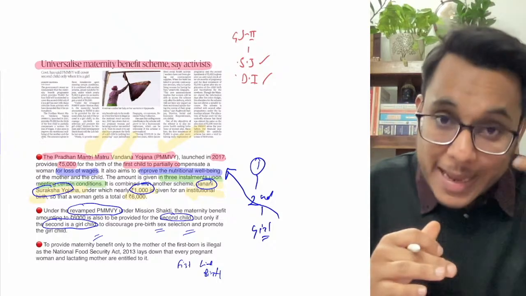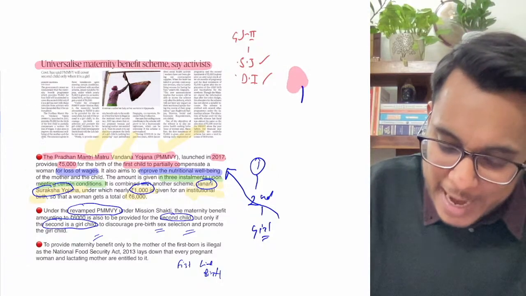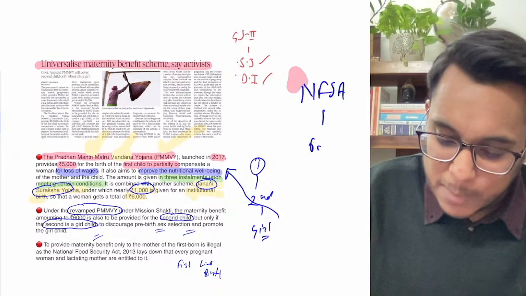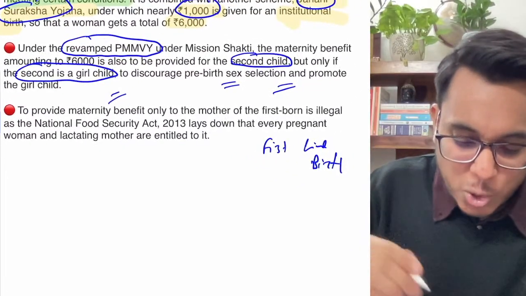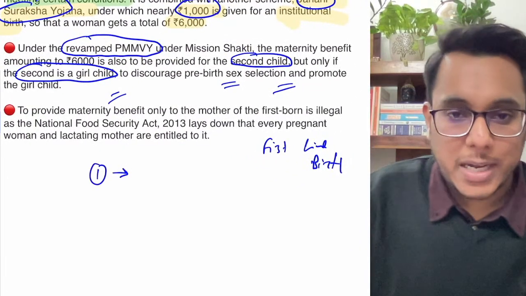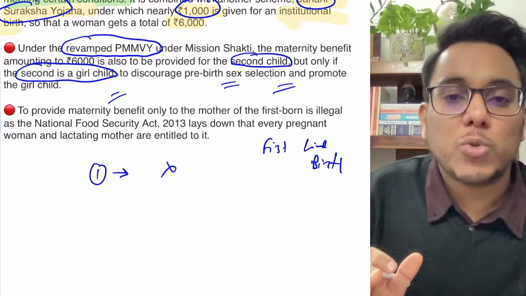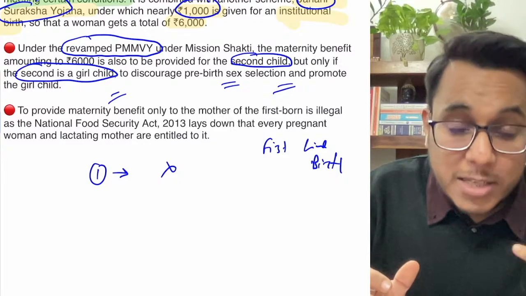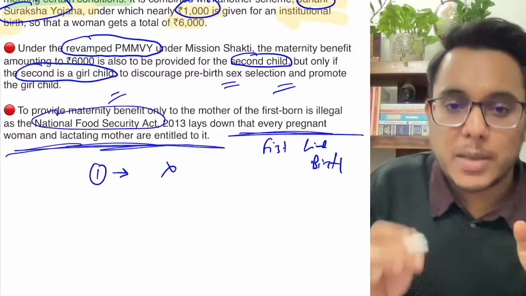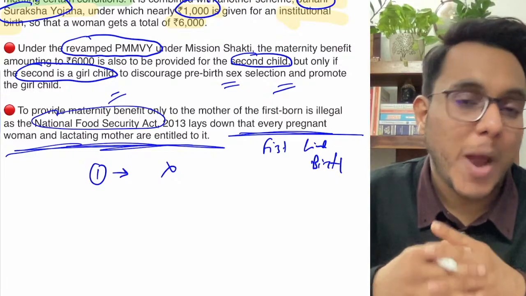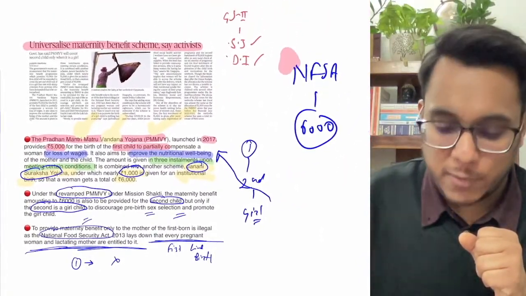In the National Food Security Act, there was one provision. This provision provided that every pregnant and lactating mother is to be provided the benefit of up to 6,000 rupees. Every pregnant and lactating mother. Now, you were already giving the benefit only to the first child. That was a violation of the NFSA. Now you are saying that okay, we will provide the money for the second child also if it is a girl. It is also a violation of the National Food Security Act, because it provides that every pregnant woman and lactating mother is to be provided the money. Why only two, and why the second one only if it is a girl? So some serious systemic reforms are needed.